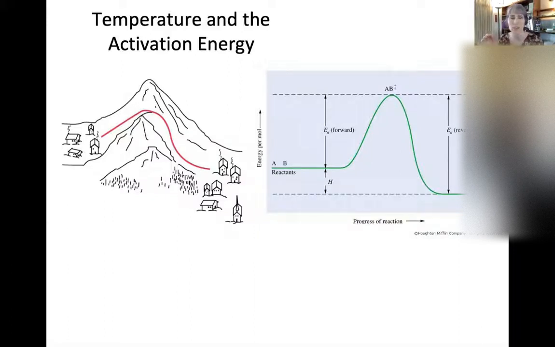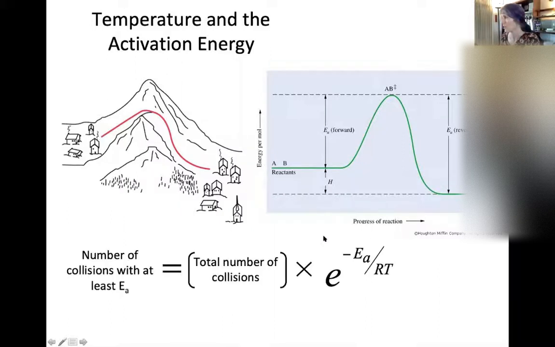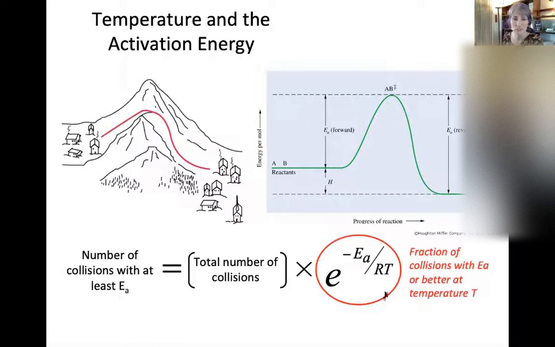We have our activation energy in the forward direction labeled and in the reverse direction labeled. And then you see that double dagger symbol up there, the AB transition state, as well as H, the enthalpy, delta H. So the progress of reaction can be a little bit abstract to think about, but the number of collisions is proportional to that exponential. So there's the total number of collisions that happen, and then the proportion of them that are above that activation energy